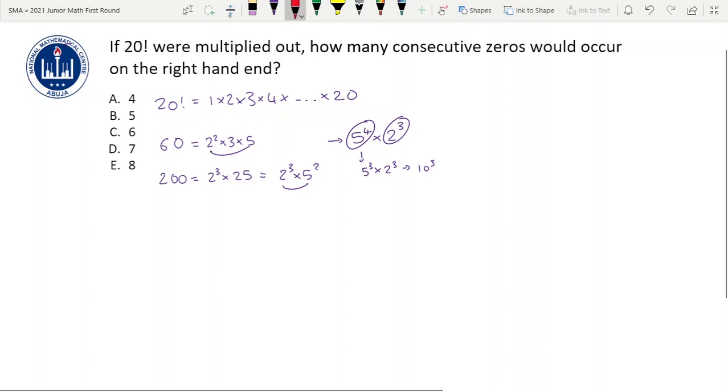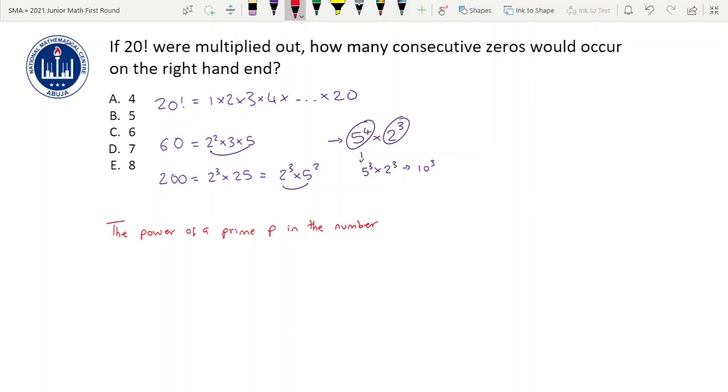So the next thing we're going to talk about is, now we're going to ask ourselves, how many 2's, what's the power of 2 in the prime factorization of 20 factorial? And there's a general expression to find that. So the power of a prime p in the number n factorial,